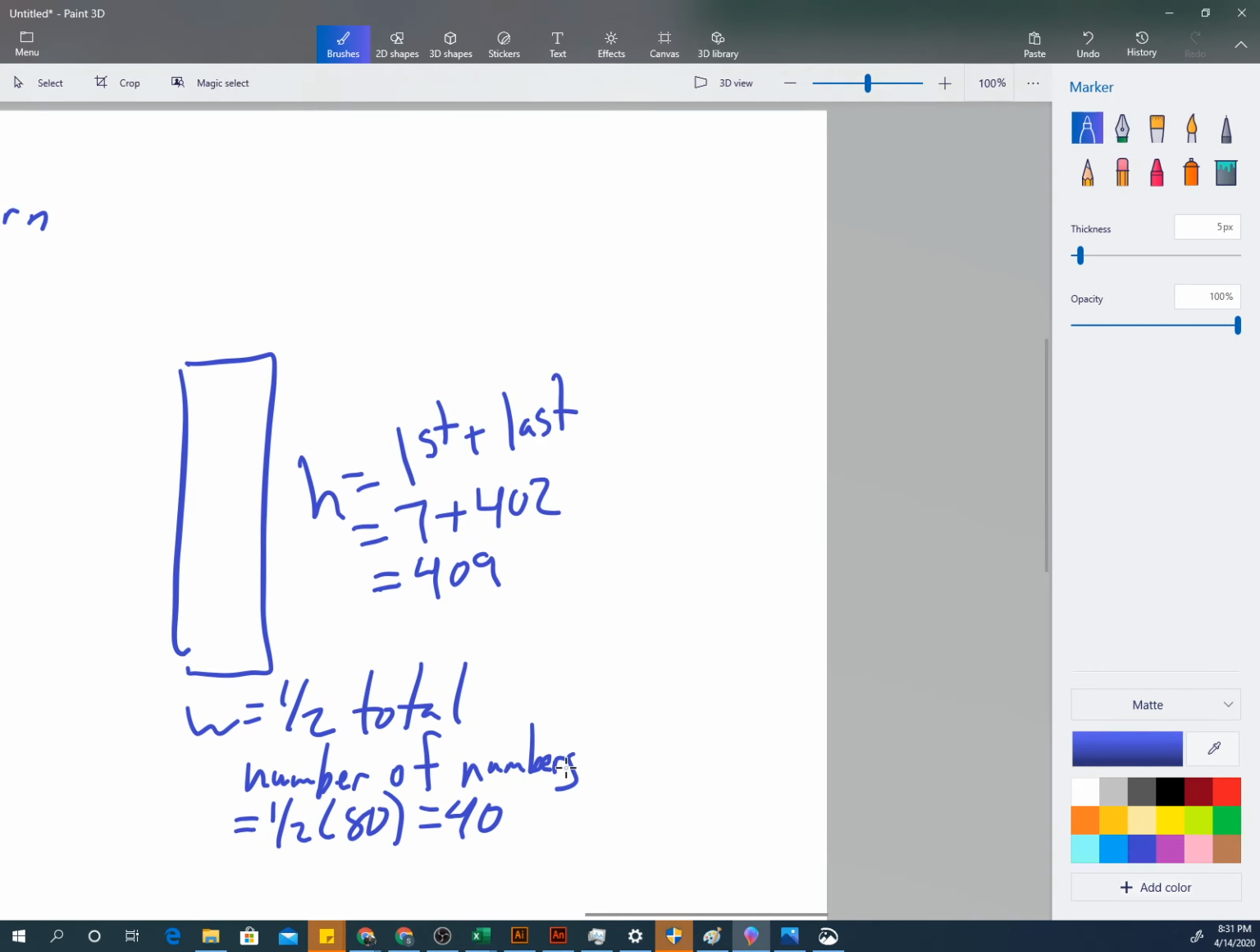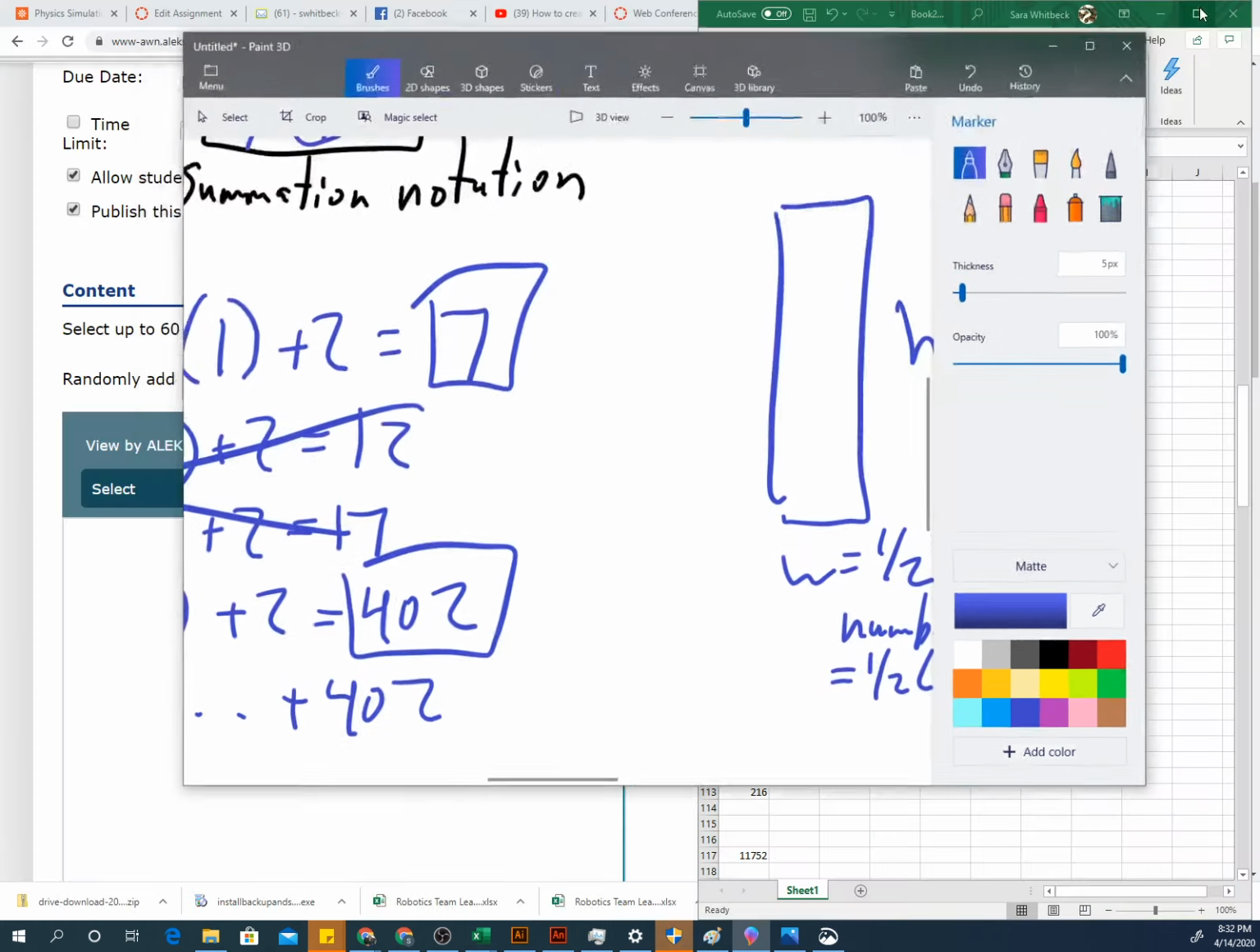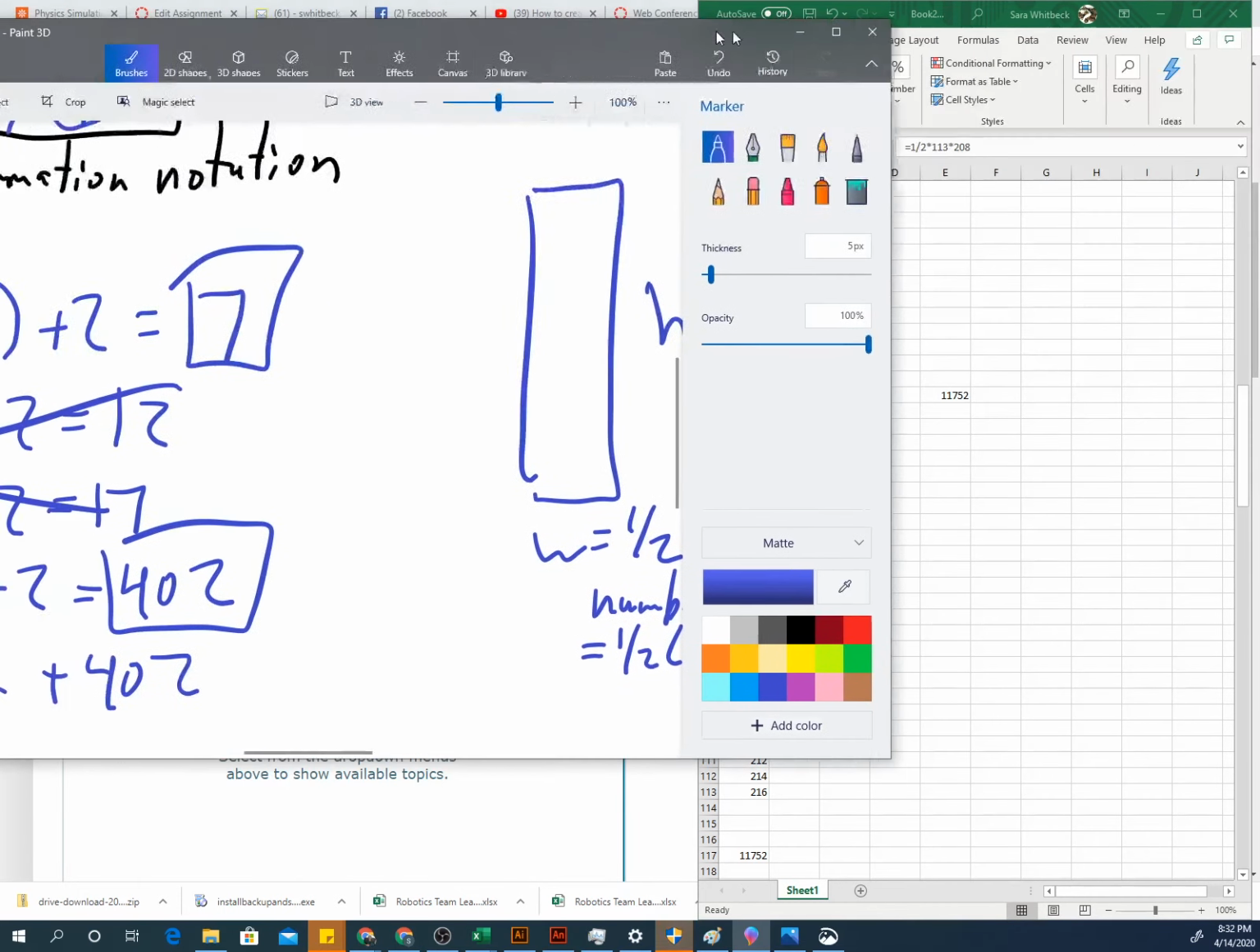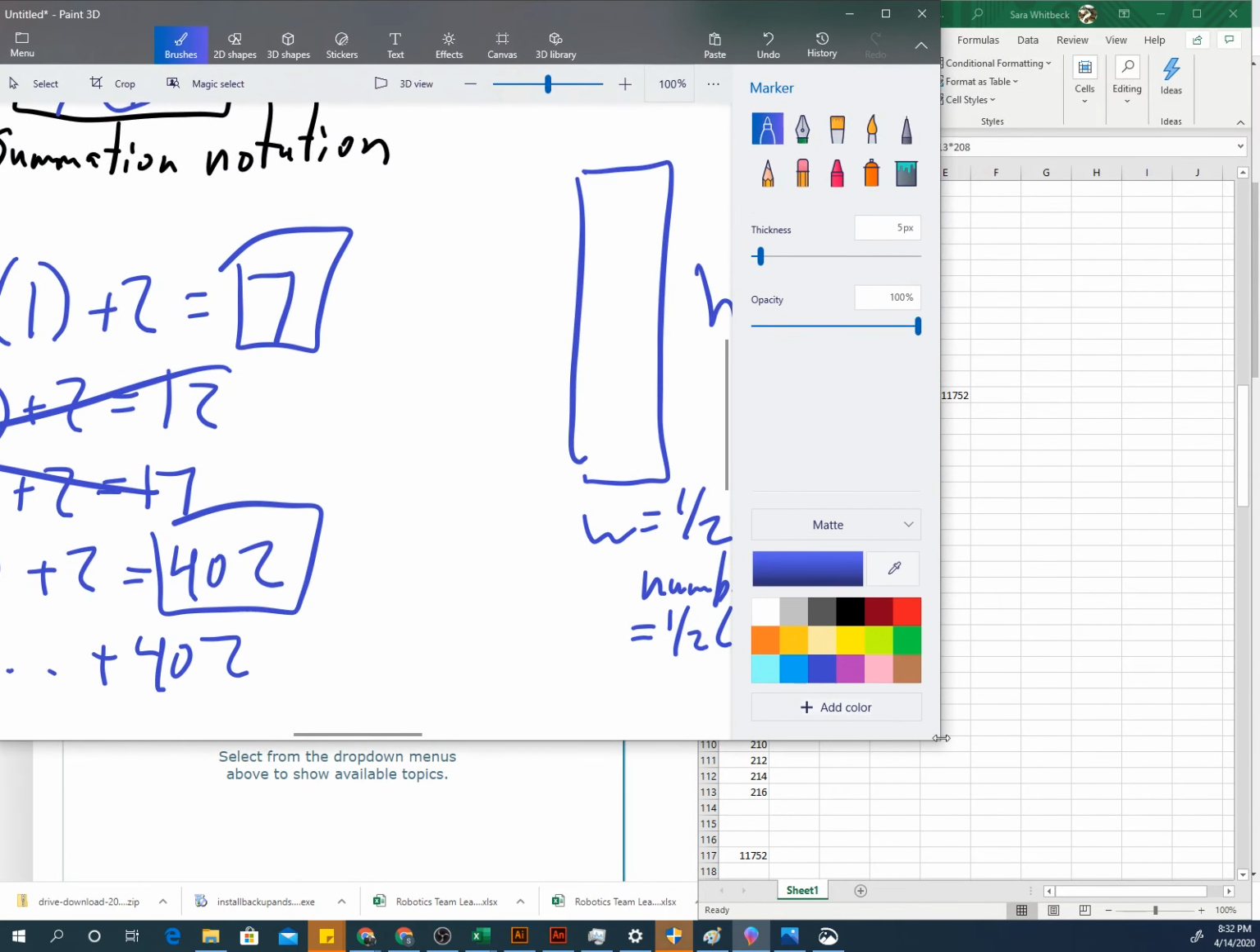So, if I take 409 times 40, doing this again on my calculator over to the side, I got that is equal to 16,360. And if you want to double check this in Excel, and you are welcome to, absolutely welcome to,